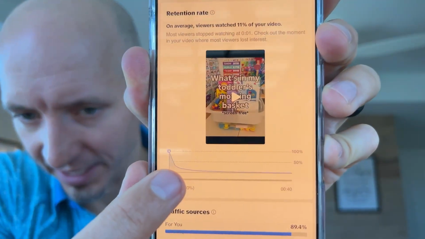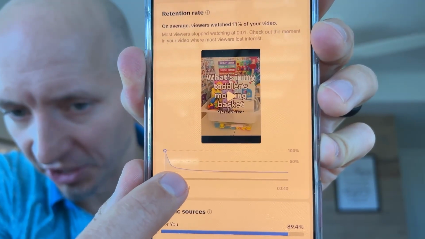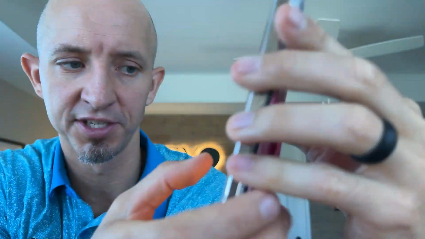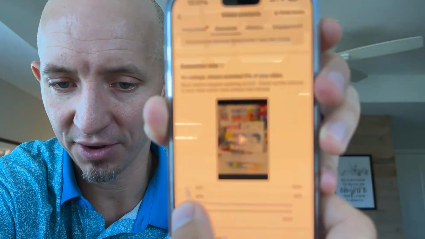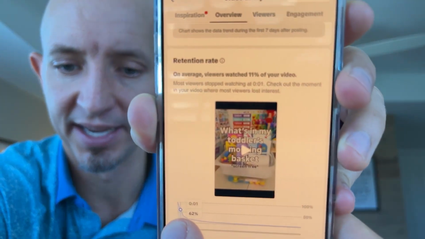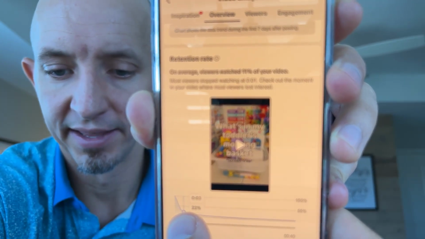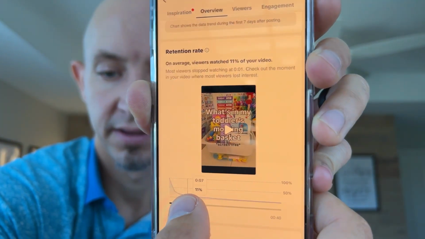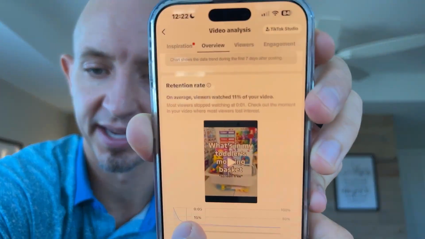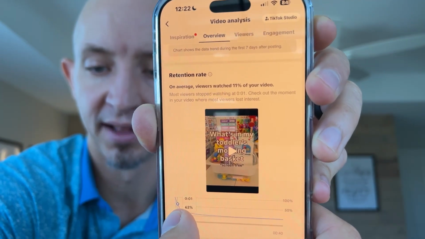So notice there's a steep drop off here. Looks like there's a good hook at the beginning, but then there's a steep drop off. In this one, I only get a 31% engagement rate after 2 seconds. And then as I get further in here, by the time we get to 6 seconds, I'm at a 13% engagement rate. So no surprise why this video didn't do as well.